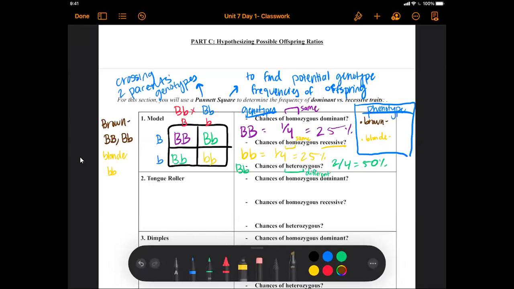Okay, so you said brown is either one big B or two big Bs, correct? When you say that brown is more common, can you tell me what percentage we're looking for here? 75%, and how'd you get that? Exactly, right? So 3 of the 4 boxes have at least one dominant B, which means that's going to code for brown hair. So there was a 75% chance that my parents would have a kid with brown hair,